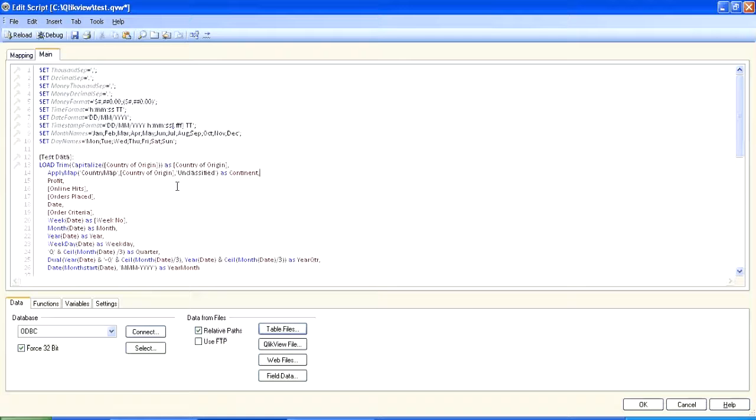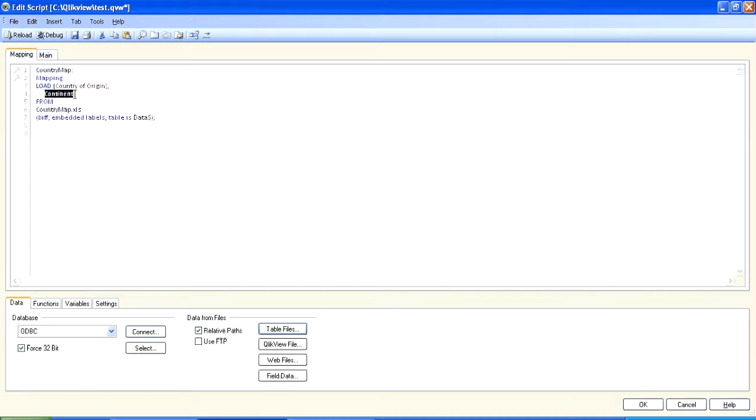So if we copy that, go back into the main table and paste, and put a comma after that. So everything seems to be done now. We've basically created a VLOOKUP against this table. The common factor between both is country of origin, and if it's not matched it's going to be unclassified. I'm going to name it continent, because that's what we want to get back. So if I click reload,